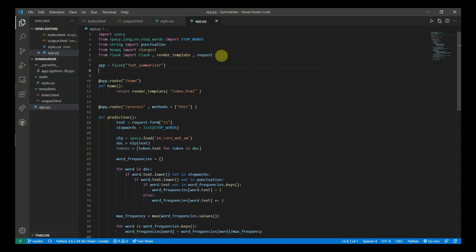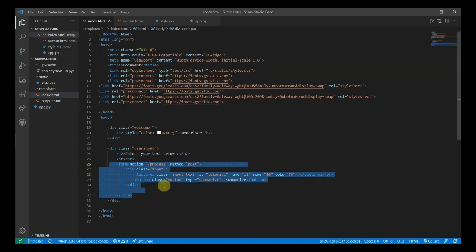In that code, first I'm importing the Flask library, and after importing it, I have to create an object of the Flask class, and after that we have to create some routes. Basically, we have one facility in the Flask framework, which is routing. As soon as we enter slash home in the browser, it will render, or load, the index.html file. So slash home will route to this page, and this page is nothing but the index.html file,